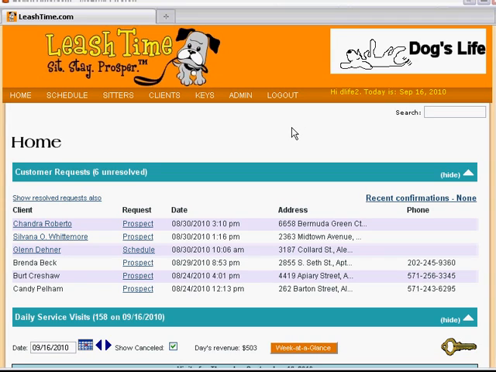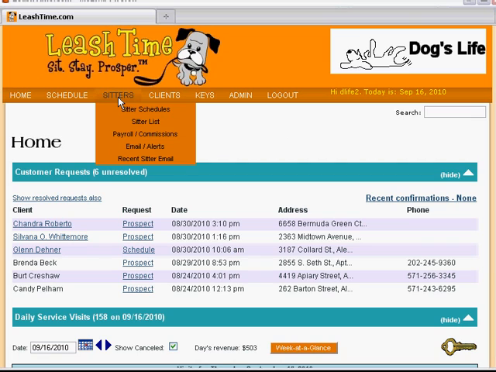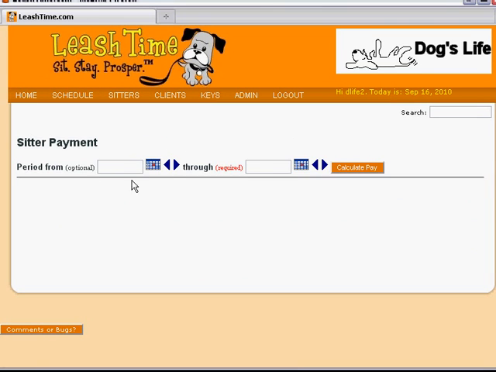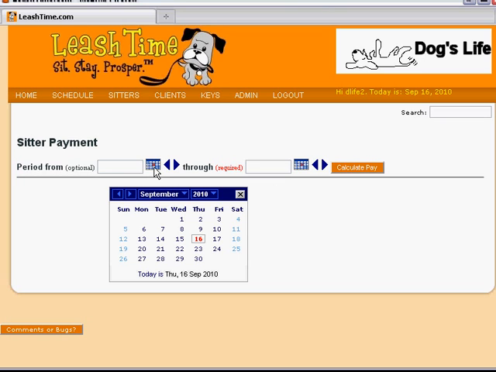Here is how to pay your sitters in LeashTime. First, choose the Payroll Commissions item in the Sitters menu and set the date range that you would like to pay through. The quickest way to enter a date is to click on the calendar icon and then choose a